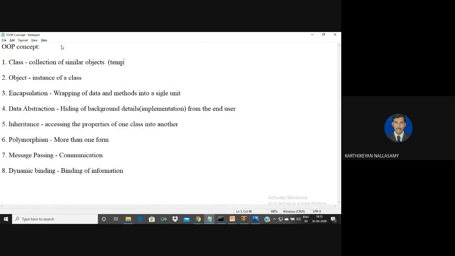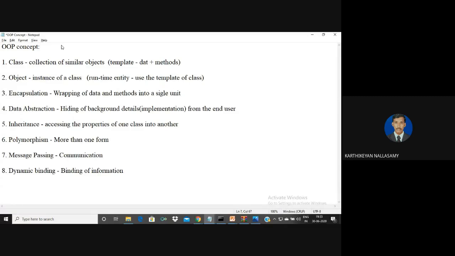Also we call it provides the template for all the objects. So it provides the templates. It consists of data as well as methods for an operation. So that is called a class. And the second one is the object. It is called an instance of a class. So we call it a runtime entity also. It means that we are going to use the template of the class. Use of the template of the class is called objects. It means that the data member is holding the real value of it.